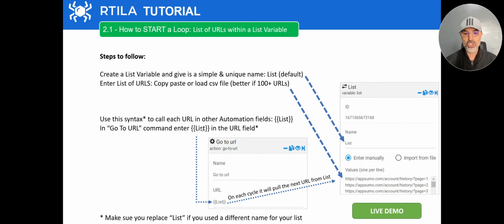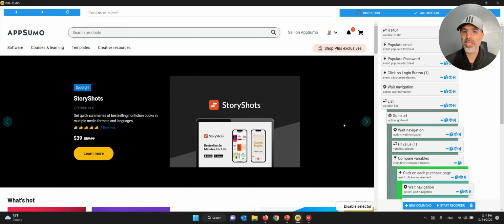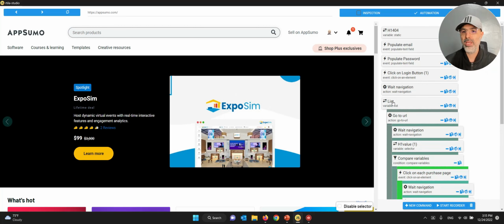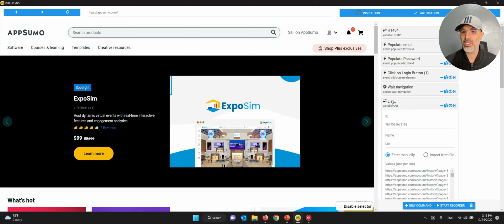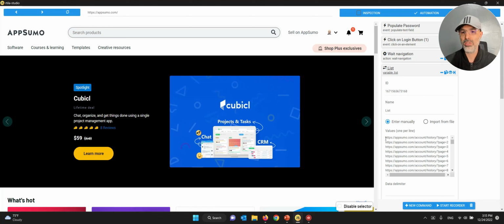And I can show you quickly how this looks. Okay, I'm on my automation panel, and I'm going to show you how this list variable works. You can see here on this side of the panel, if I click, it will open up the list configuration. And this is what I was telling you about. I already pasted